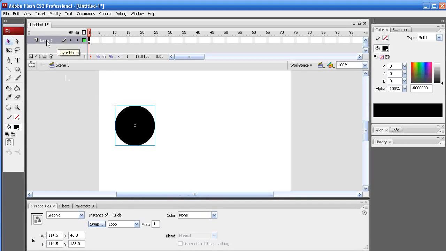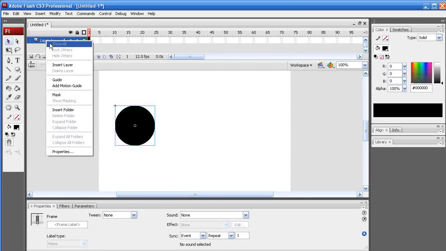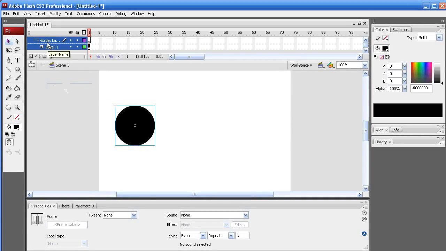So the next thing we're going to do is I'm going to right click on that layer that we just created, the circle, and I'm going to add a motion guide. And right away what should happen is above your layer there should be a guide layer now. That guide layer can also be created by pressing this button here in the bottom left, which is the same thing, but the best way to do it is right click on your layer so you know you have the guide